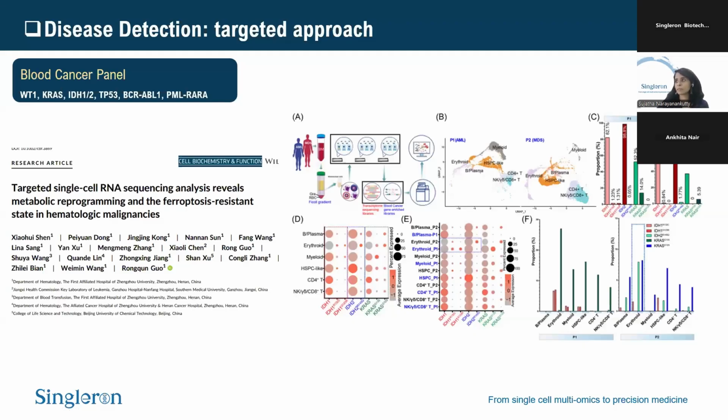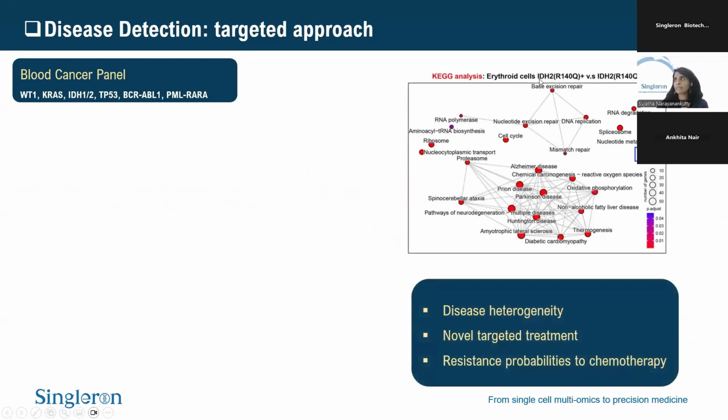So this is the sort of information that you get by screening through a blood cancer panel. And from there, you can go in and actually do pathway analysis. So here are the cells, erythroid cells, for these two mutations. And at the end of the study, not only did it become obvious that the disease is